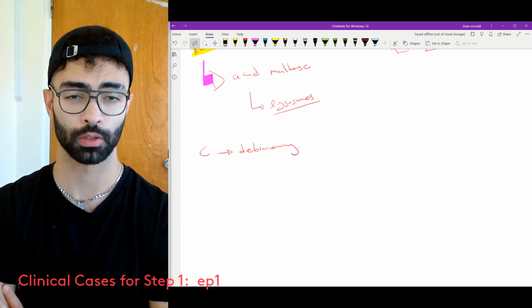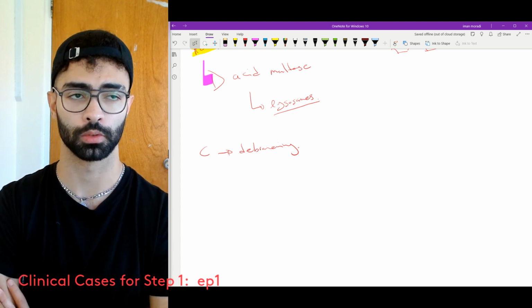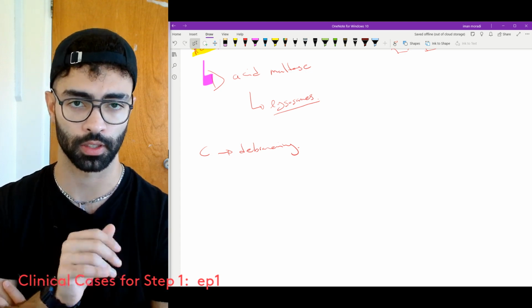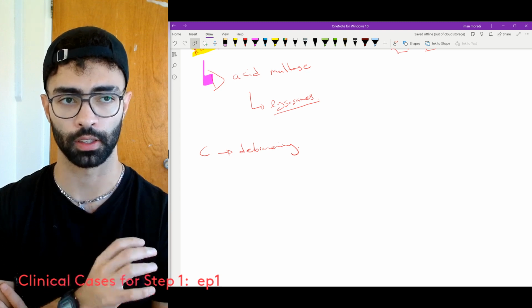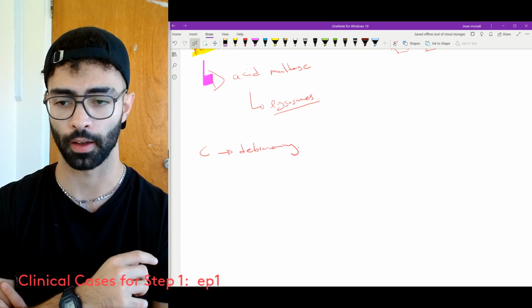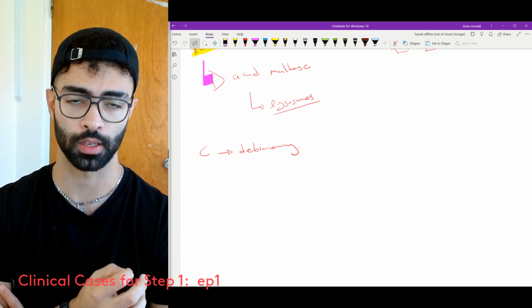When you can't release glucose out of glycogen, the phenotype you have is pretty similar to your type 1s, your von Gierke's, with slight differences. First of all, it's not as intense as von Gierke. Von Gierke gives very intense hypoglycemia. In the case of Cori, it's a little less intense because in von Gierke,